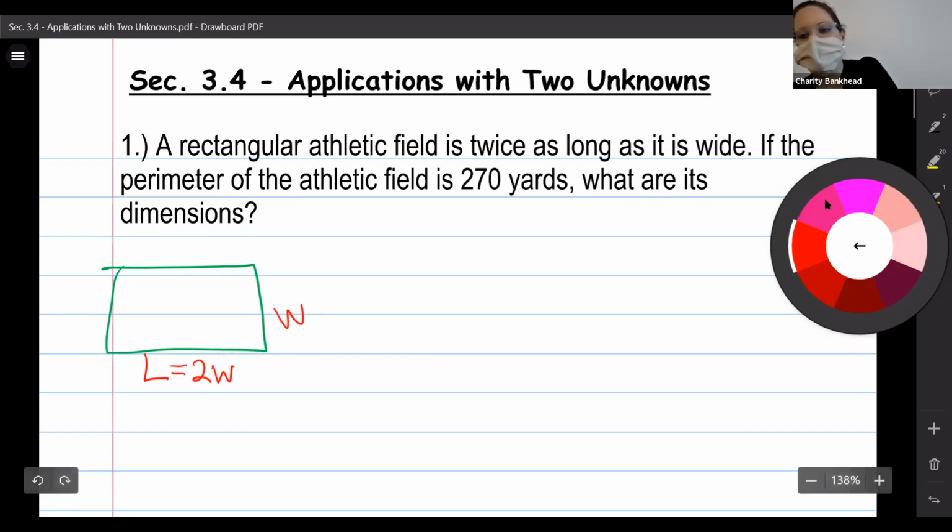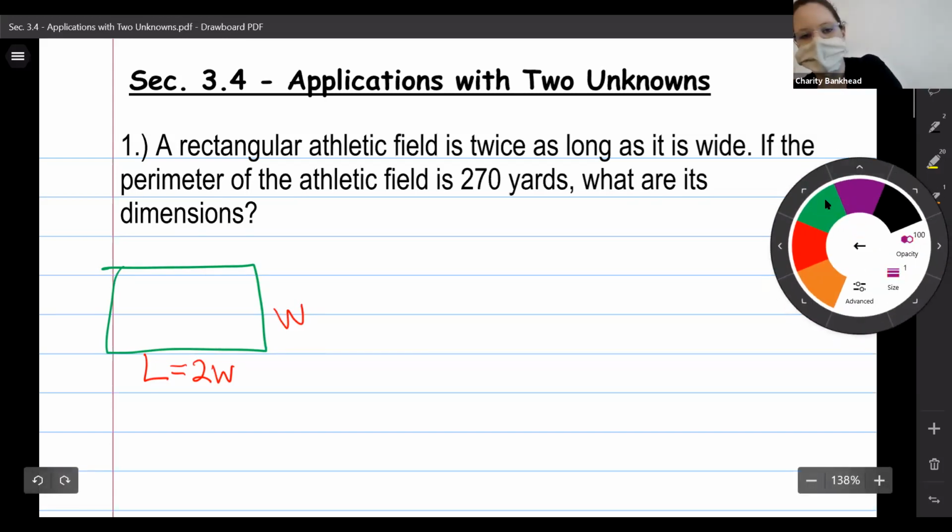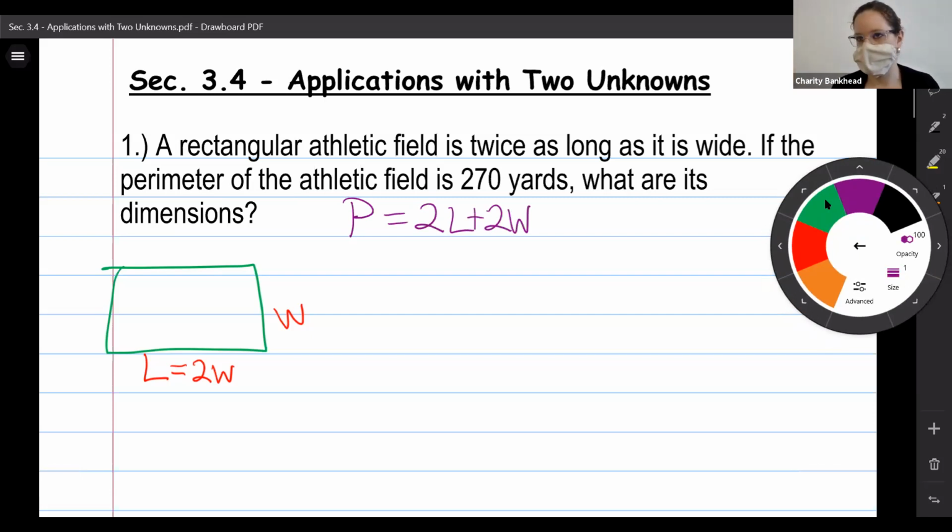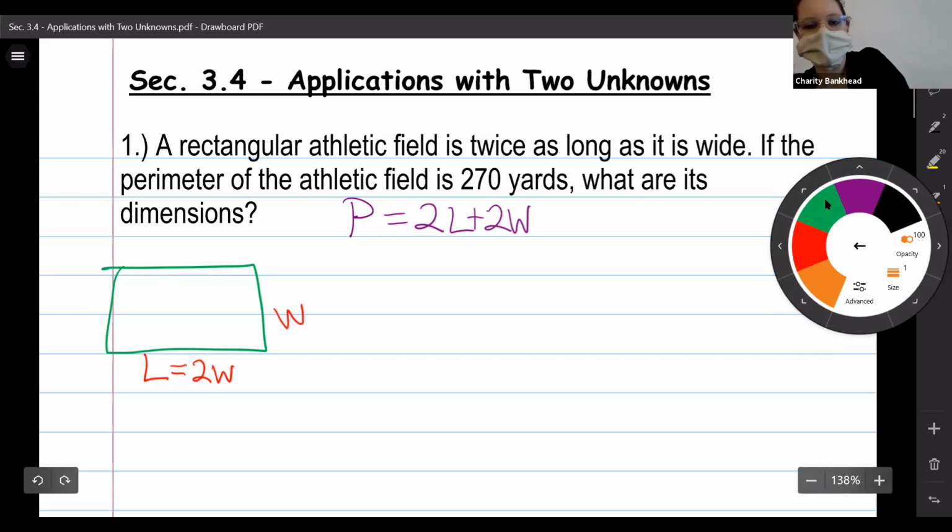All right, and the formula for perimeter is P equals 2L plus 2W. Because that's just adding up all the sides, right? You could say L plus L plus W plus W. That's the same thing. All right, so they told us that the perimeter is 270, so we're going to plug that in for P. So 270 equals